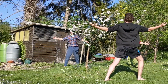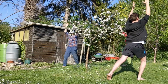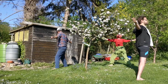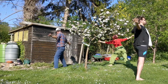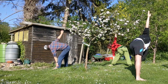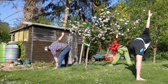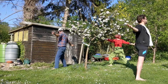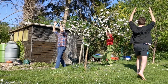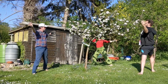Up to warrior 2, warrior 1, and stepping through, warrior 1, warrior 2, maybe going through extended angle pose into triangle with the knee straight. Breathe and lengthen. Warrior 2, warrior 1, stepping through, warrior 1, warrior 2,